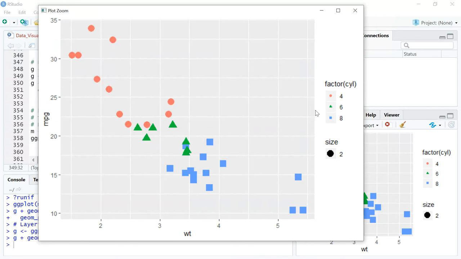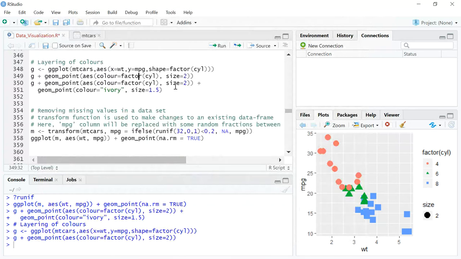The color and the shape are based on the same column, and that column is the number of cylinders. You can see that both the red color and a circle is for those cars with 4 cylinders, and the green color and a triangle is both for those cars with 6 cylinders, and the blue color and the square is both assigned for cars with 8 cylinders, right? So I hope you get to see this very clearly on the chart. This is all standard stuff that we have covered so far.